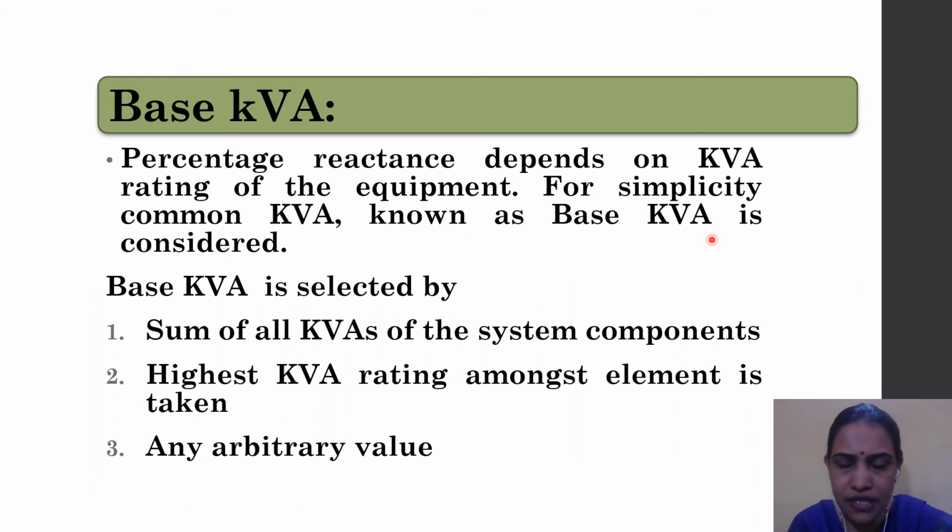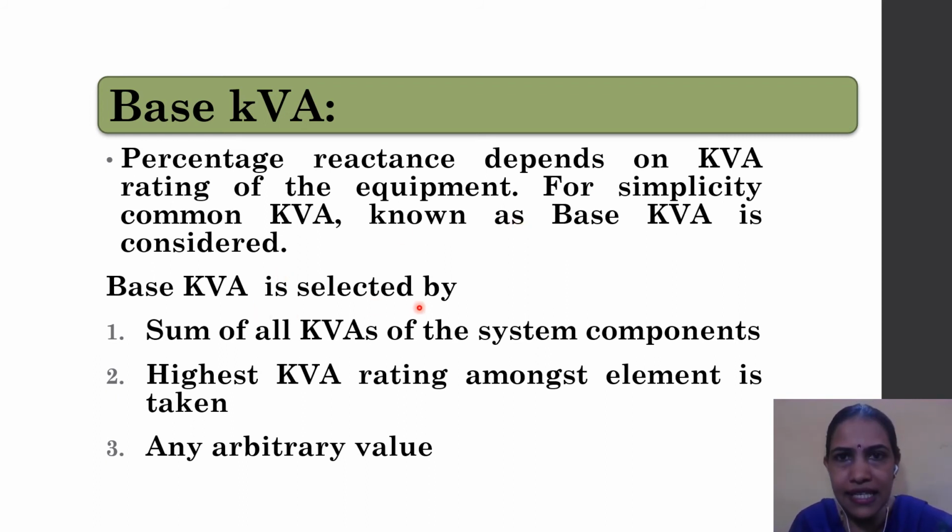Now consider any power system. We have different components, just like different generators having different ratings, so their kVA rating or MVA rating is different. We are connecting transformers, and again their kVA or MVA rating is different. So if so many different components are there, and you are trying to find fault current, it becomes a very tedious job to calculate short circuit current at different kVA and MVA ratings. So it is better to consider one base, and for that we consider base kVA in symmetrical fault current calculation. So how to select it?